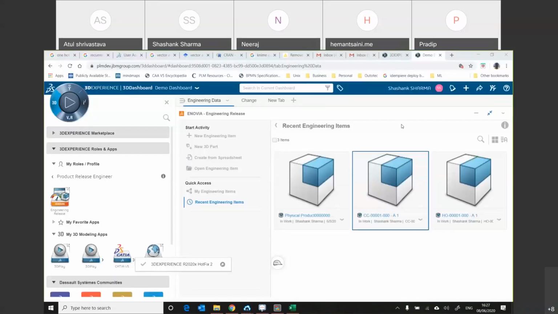I'll show you another way of launching CATIA, which will at least save some time. So I go and search a part. I type part right now because there are only a limited number of parts.